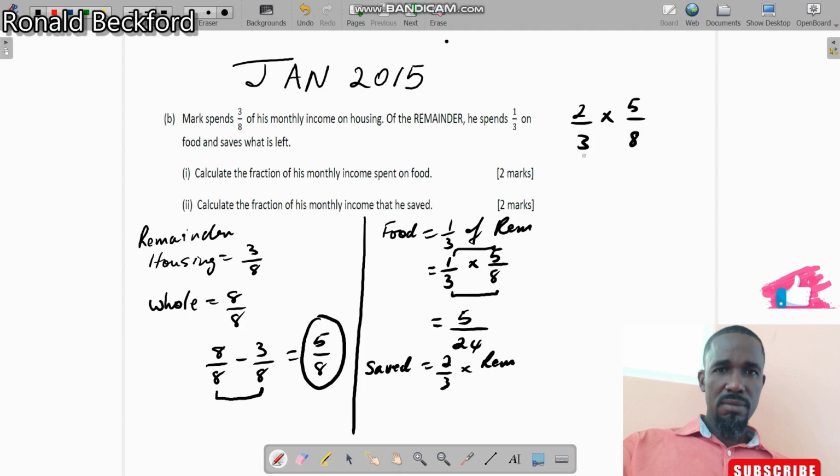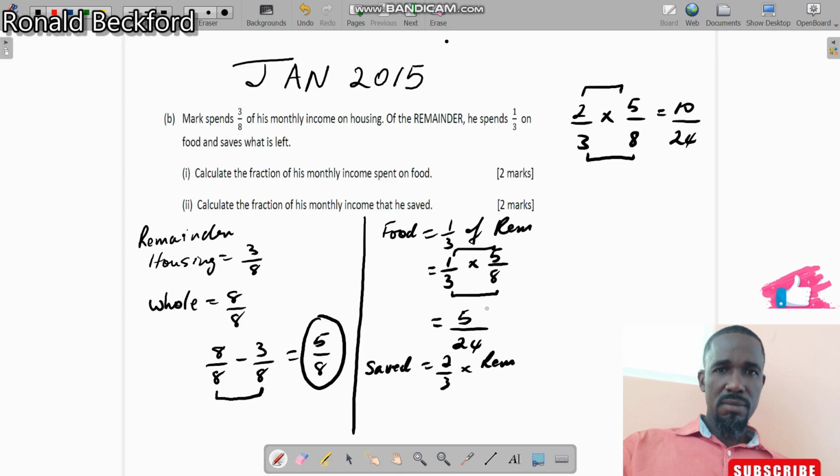Applying the same principle, 2 times 5 is equal to 10, and 3 times 8 is equal to 24. That means that the fraction of his monthly income that was saved was 10/24,